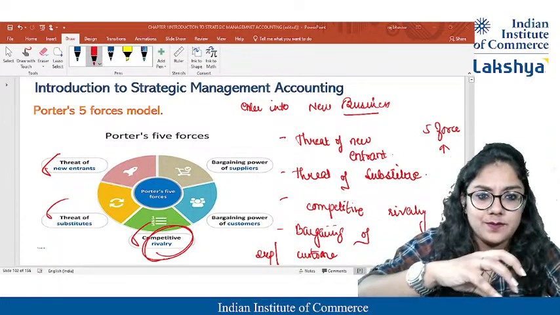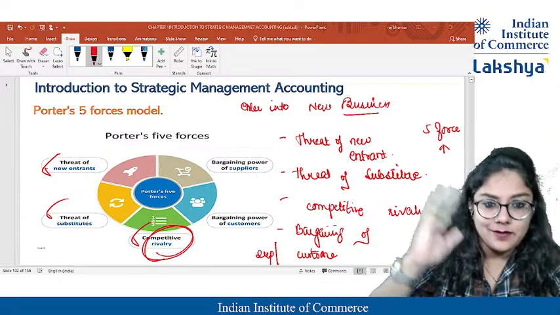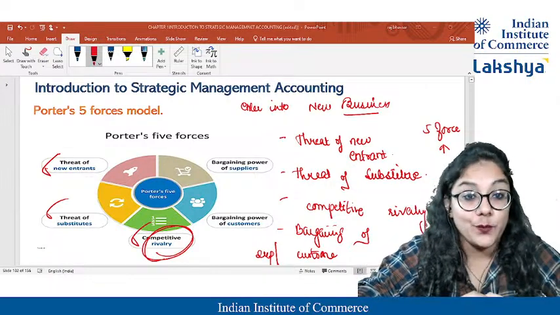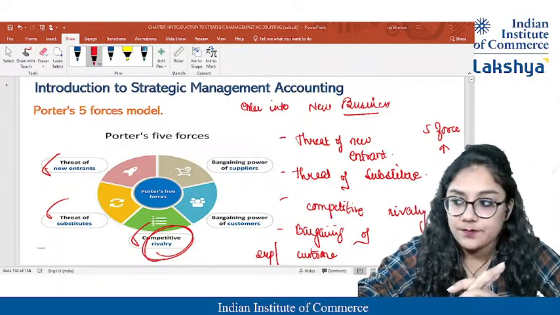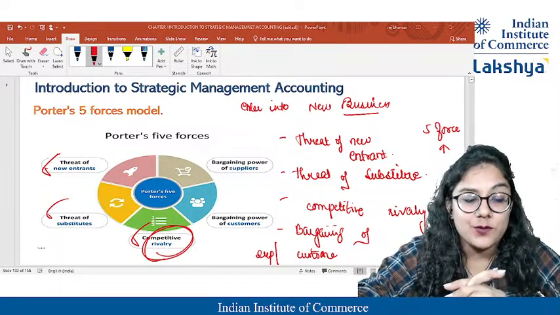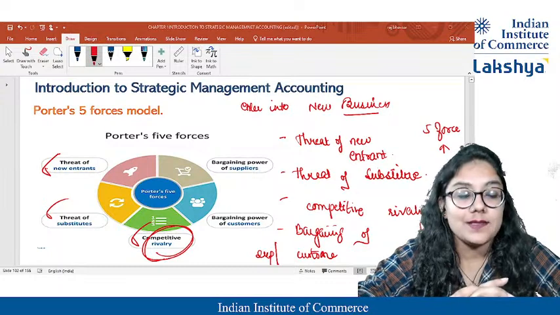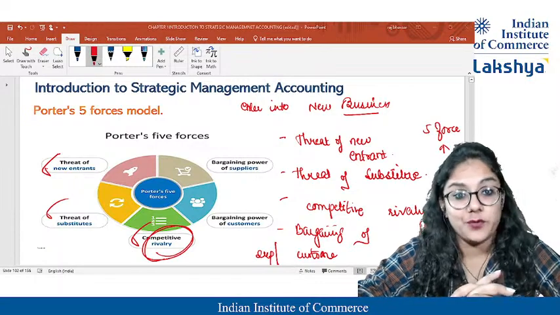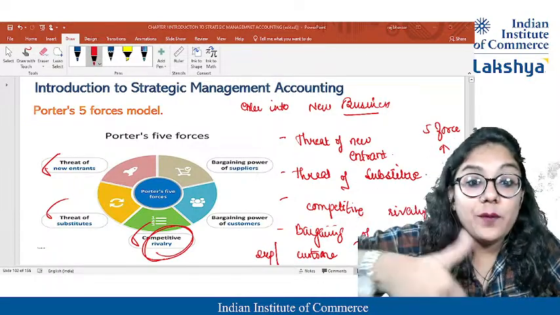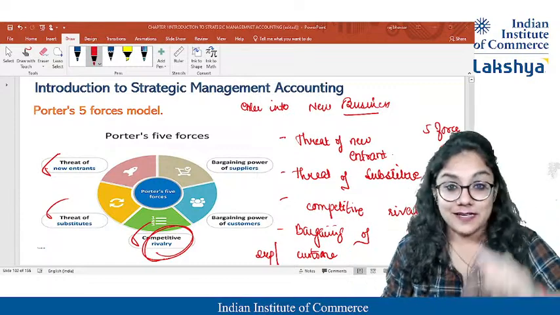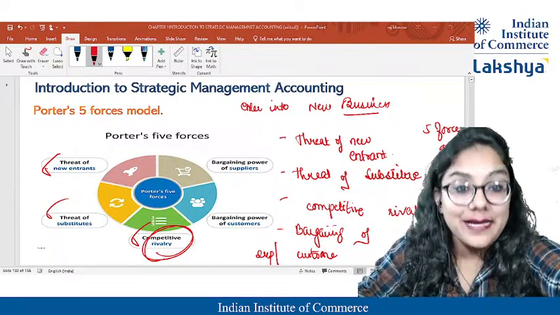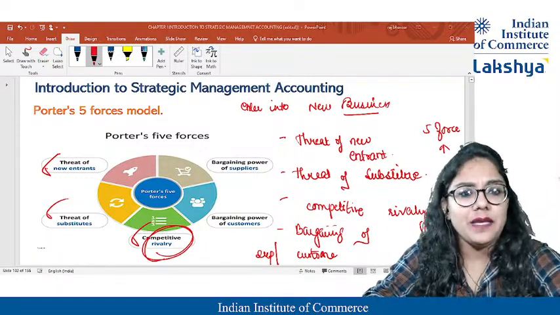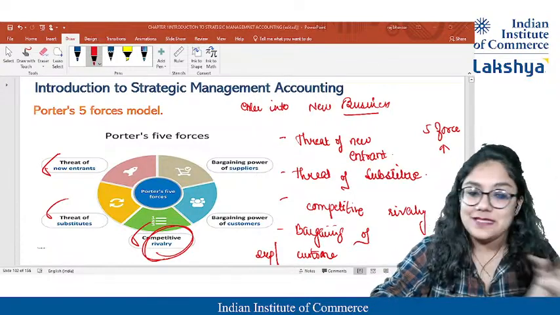If there are huge customers and a huge number of suppliers, the buyer has a huge amount of choice. But what if I go to the place to buy an iPhone? They tell me 1 lakh. I say no, please give me at 80. What will he say? Maybe 90 we'll give. He'll say, ma'am, if you want to purchase at 1 lakh, you purchase, otherwise you may go. He has the power because there are not so many competitors. That is known as the bargaining power of supplier, when there are not many suppliers. It's the monopoly of the supplier or very few suppliers. So these things can happen.